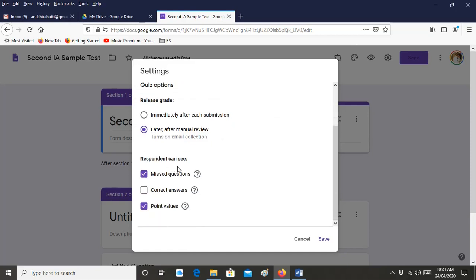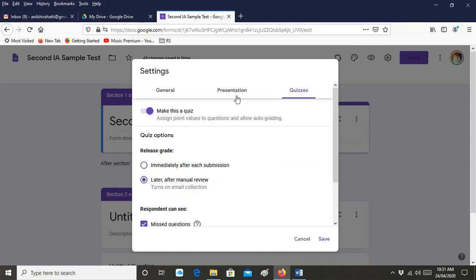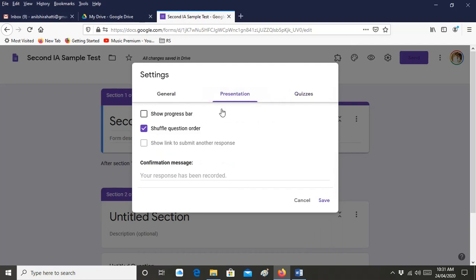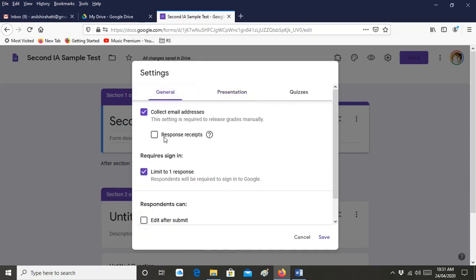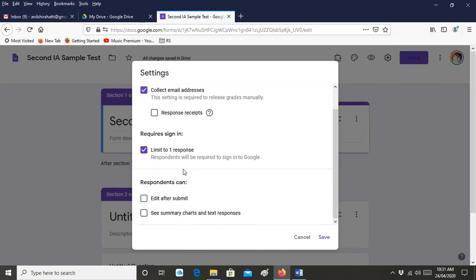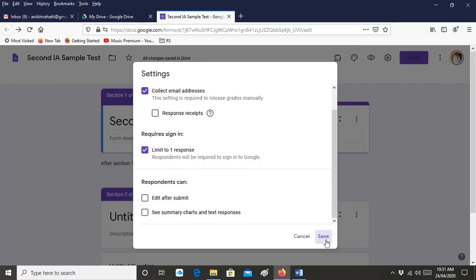Then respondent can see only missed questions and point values. Then go to the presentation and say shuffle question order, and then go to the general and say collect email address and require sign in, limited to one response. So how this limited to one response helps is the student can respond only once.